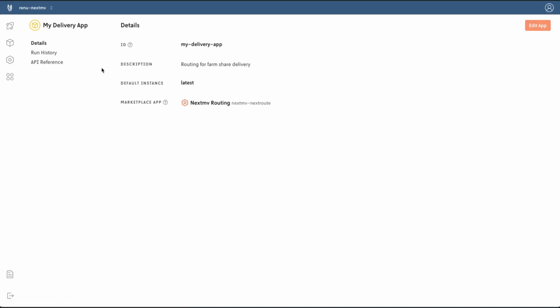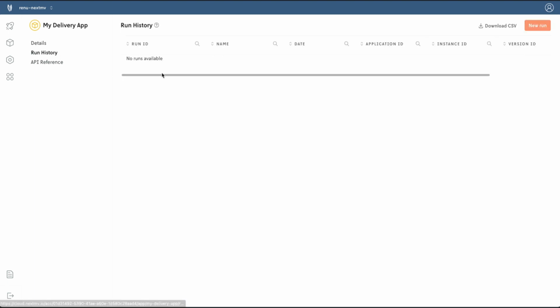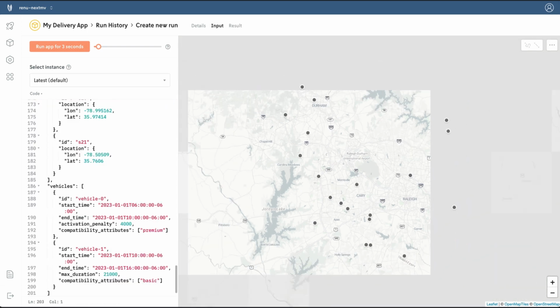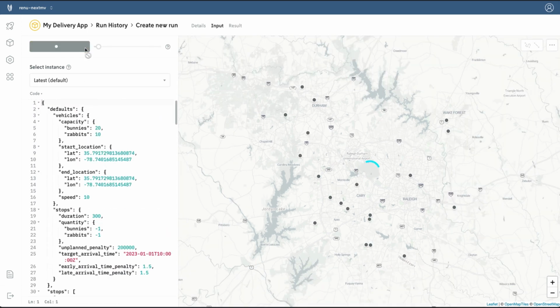All right, so now let's look at run history. And of course, we have not run this app yet, so there's nothing here, but we will click New Run. You can use the sample input JSON that's already listed in the code space. I'm going to paste in some input JSON that is specific to my problem. And now we're going to run the app, and this will run for 3 seconds while it is finding optimized